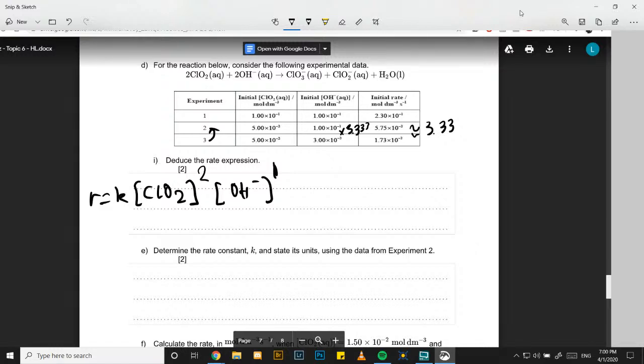Now determine the rate constant K and state its units using the data from experiment 2. So the way that you would do this one is that you would take any arbitrary